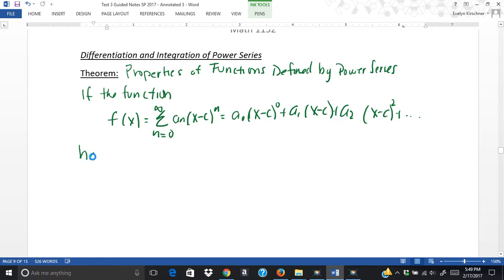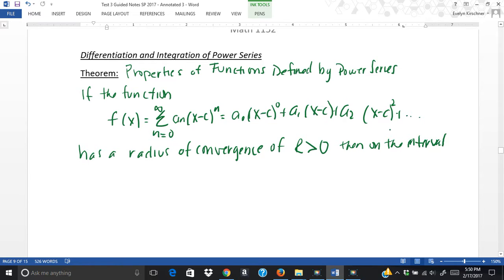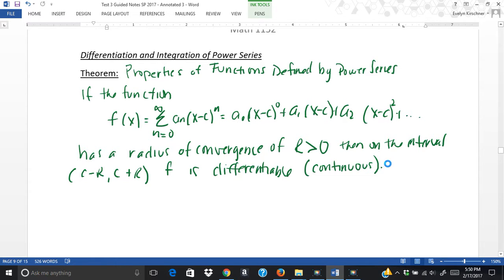So if it has a radius of convergence, which we've defined, greater than 0, then on the interval that we talked about, remember the interval of convergence, c minus r to c plus r, f is differentiable, which also means it's continuous, because if you're differentiable then you're already continuous, and the derivative and antiderivative, the integral, of f are,